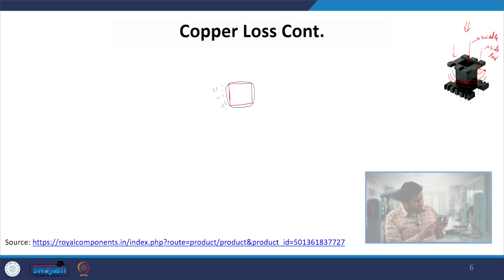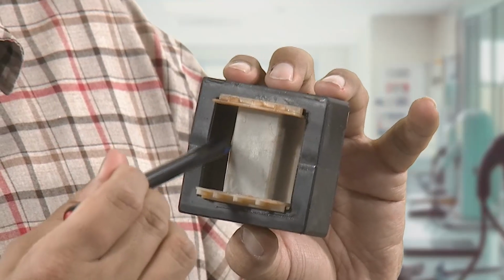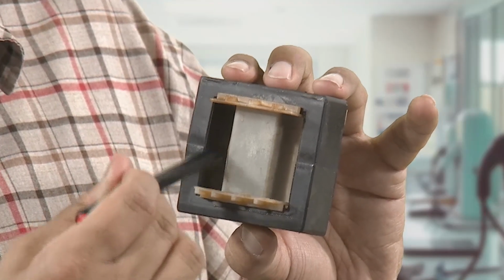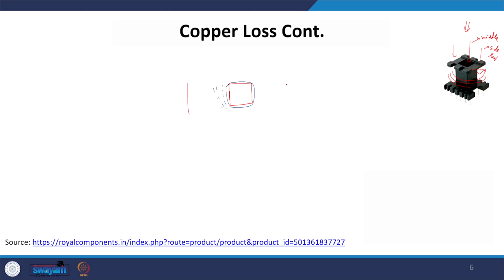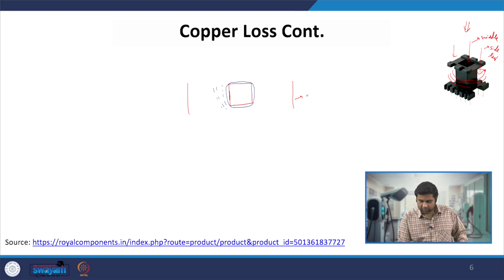If you look from this side, this is the place where you can place the first winding, the first layer of winding, then the second, third, fourth, fifth, and it goes on. Finally, at this place where our core side legs come in, till that point we will be placing the different layers of winding in this window area. So that is why we have different layers from here to here, and finally it is this area where our core side legs reside. So this is the core side legs.